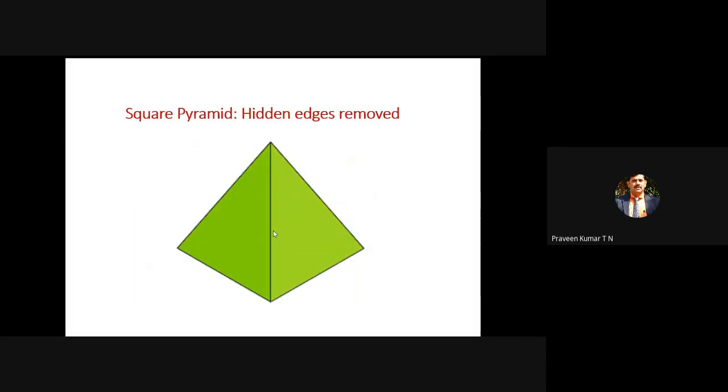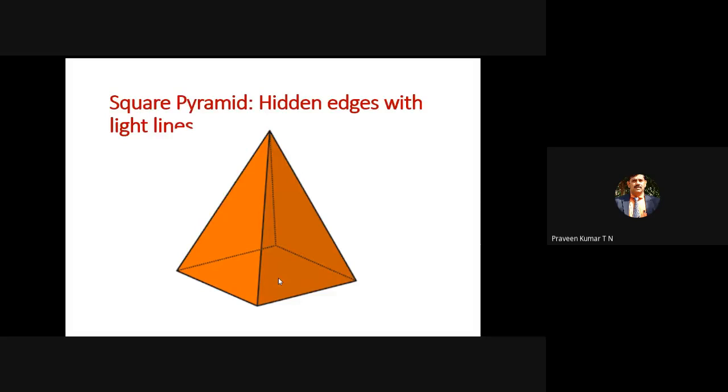Even for the square pyramid, it is the same thing. What you are doing is taking out the bottom square face. In the bottom there is a square face. You are taking out the complete bottom square face of the pyramid. Then, taking the scissor, cut along this direction. We have one front edge. Once you cut and open it, you'll get four triangular faces. That itself is a development of the square pyramid. So here, imagine you have the square pyramid. At the initial stage, you are cutting the bottom face.